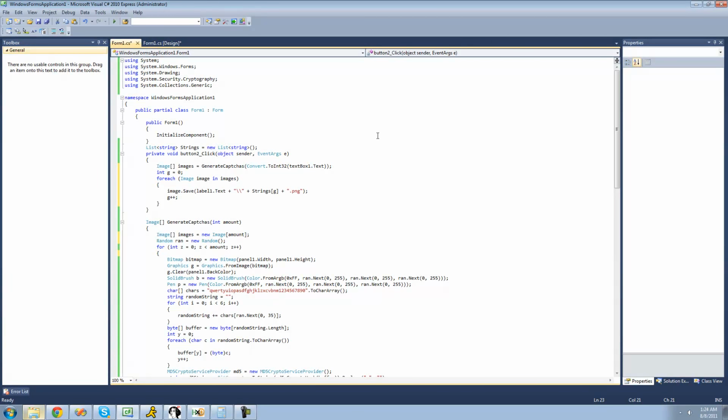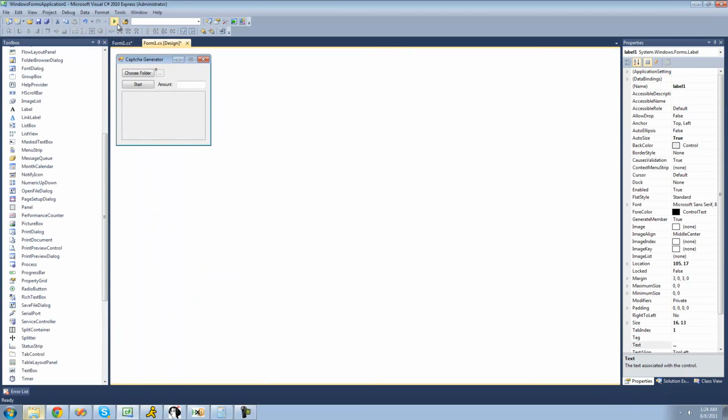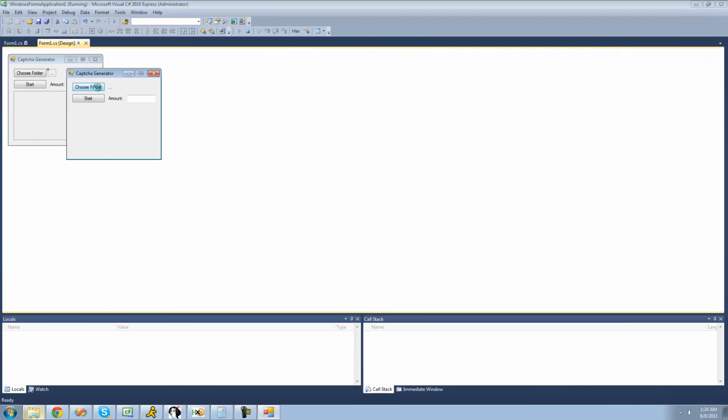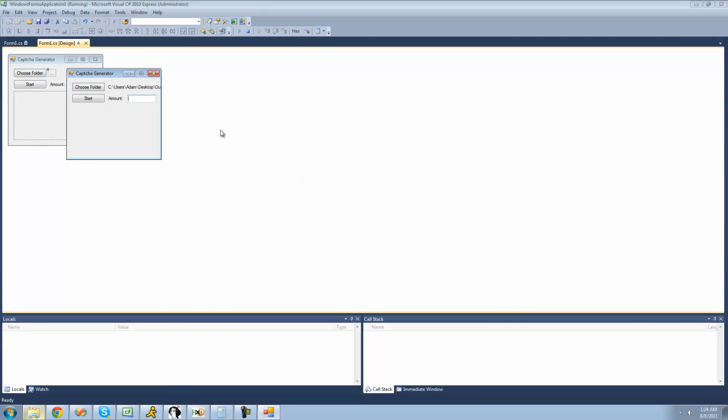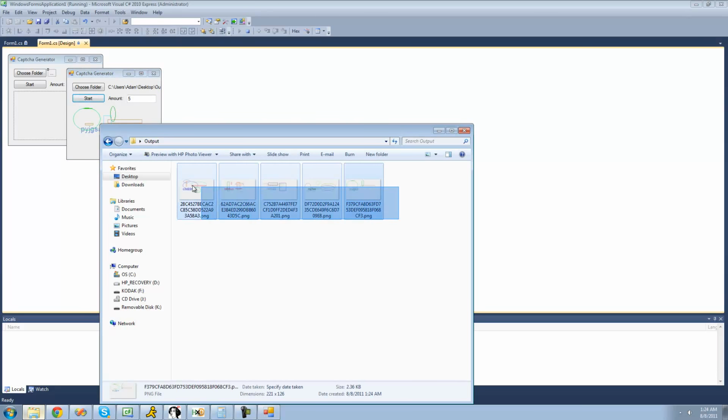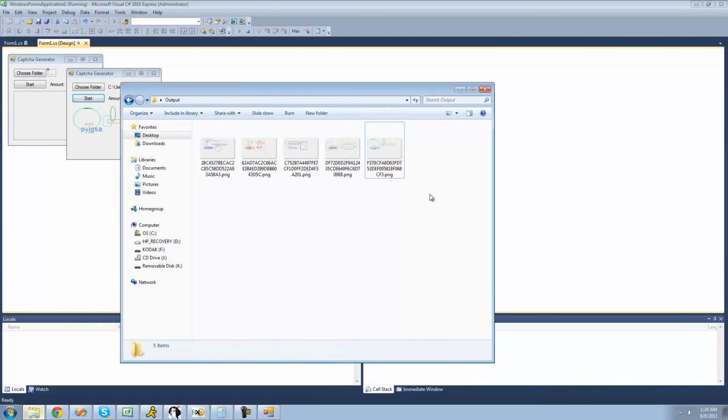Alright, so let's just go ahead and test this out here and make sure that it works. So when we debug and choose a folder, I'm just going to choose my output folder right here, choose an amount, just make 5 captchas, click start. Let's just go here and make sure that it made 5 captchas. Yep, there are all 5 captchas. Each name is the MD5 hash of the string inside of the image. So the name of this file is the MD5 hash of